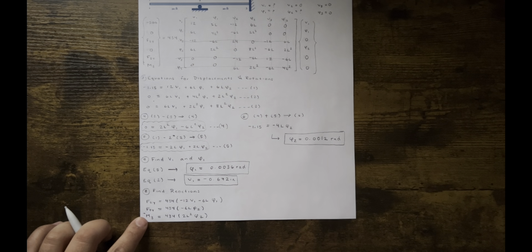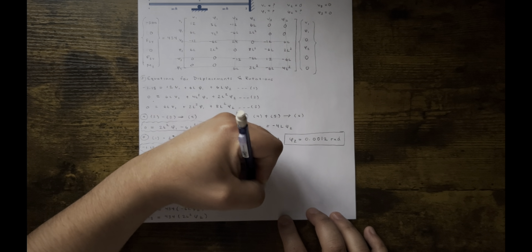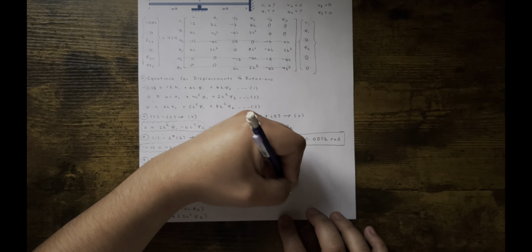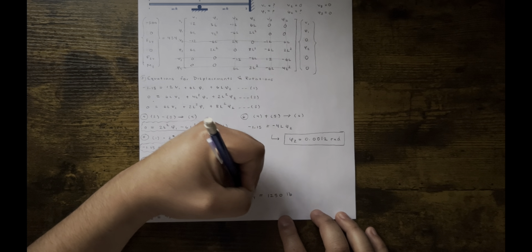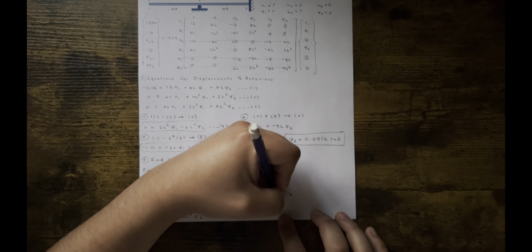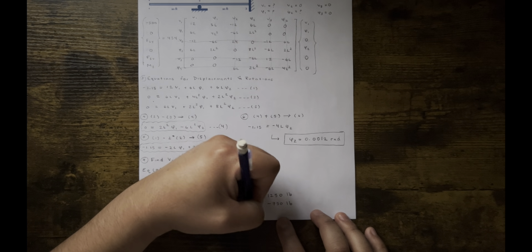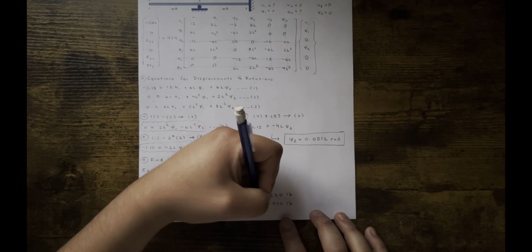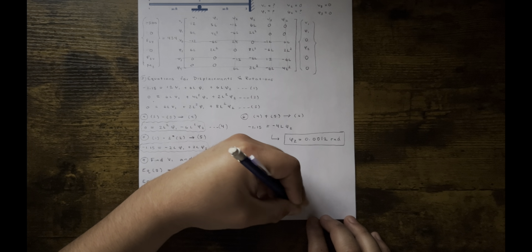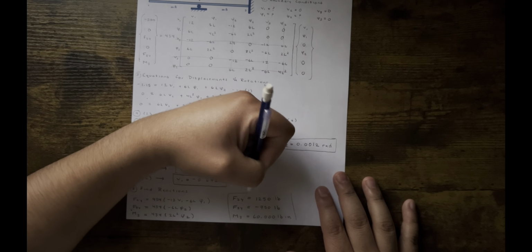Okay. And if you do that, you will get values. F2y is equal to 1250 pounds. F3y is equal to negative 750 pounds. And then M3 will be 60,000 pounds inch. Now, before we go ahead and continue, it's good if you're doing the exam to verify these